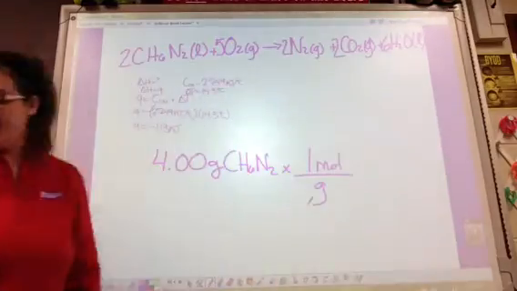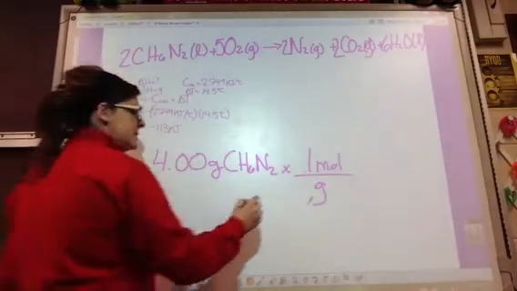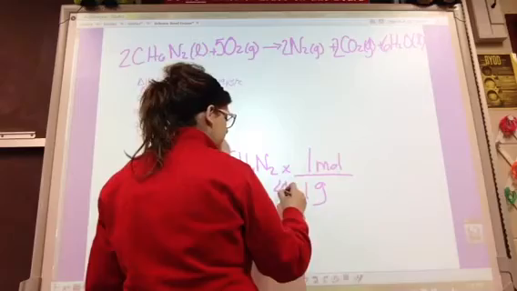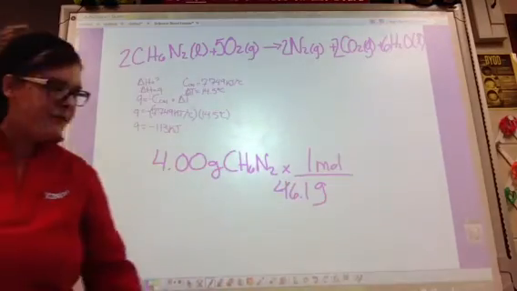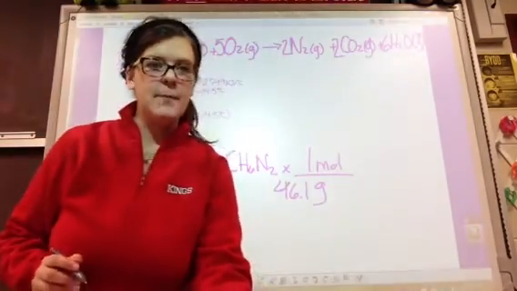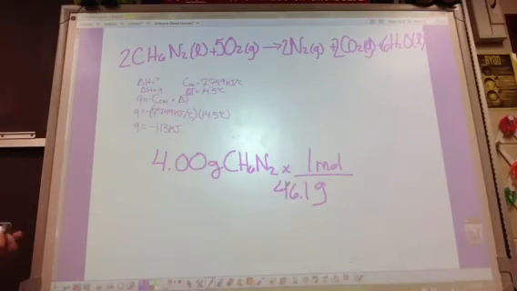So I'm going to use molar mass here. If I found the molar mass, it would end up being 46.1. So if I take 4 and divide that 4 by 46.1, that would give me